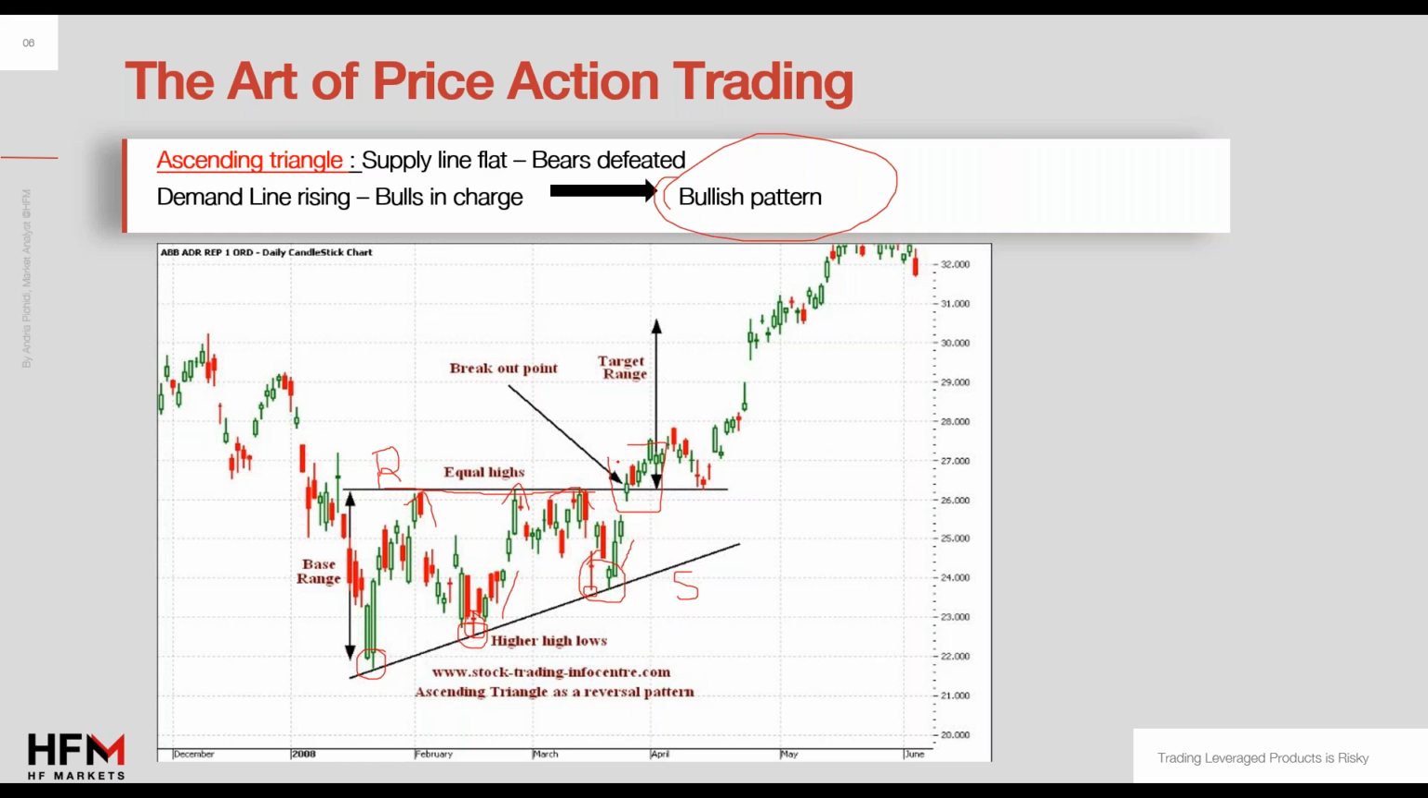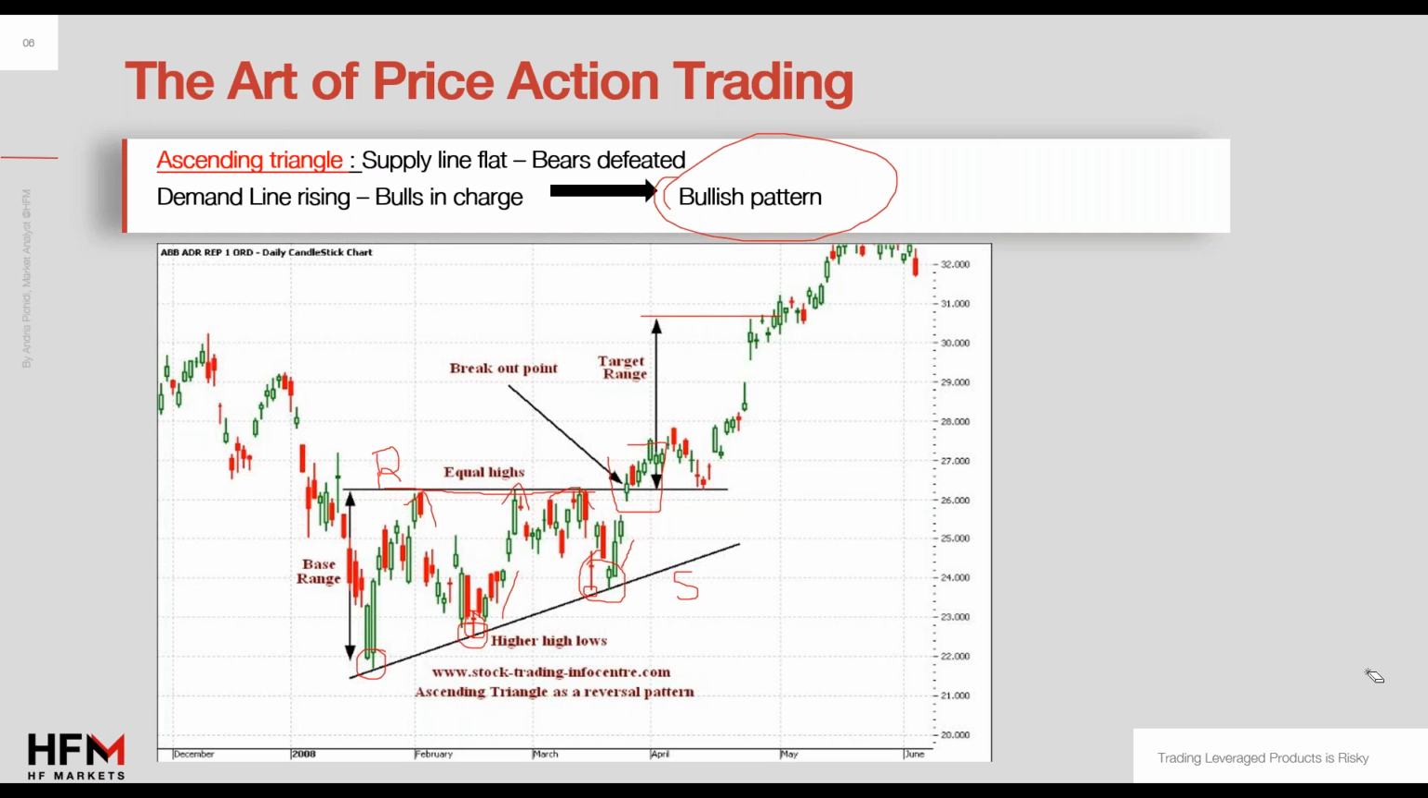The target can be set based on the base range of the triangle. So you measure the distance from the resistance to the support, and you can use that distance as your target. Okay, is that clear? So over here, what we have is the bullish pattern. We have a closure of the candle outside, above our